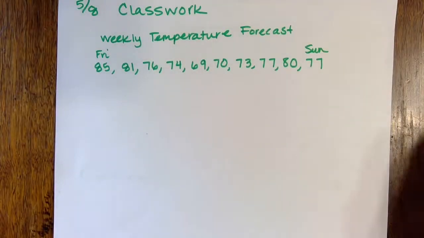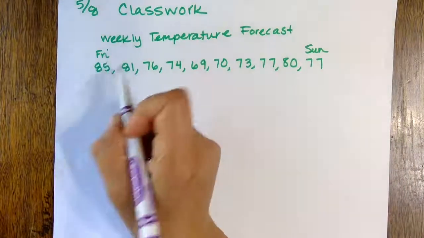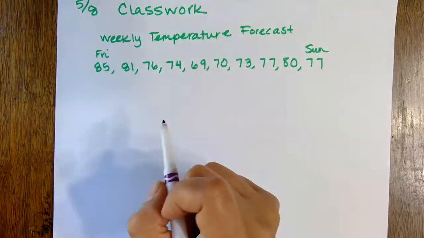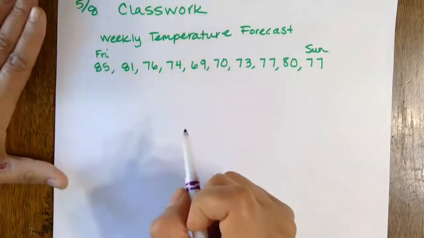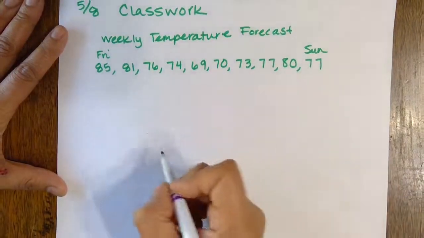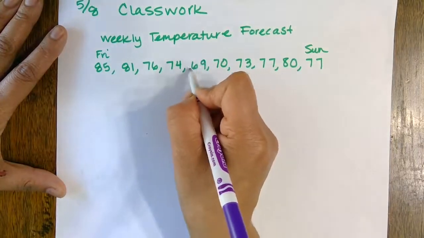Take a minute, copy all those numbers down, or just skip to this next part. We're going to do mean, median, mode, and a quick whisker plot. The first thing I have to do is put the numbers in order from least to greatest. So from least to greatest, hopefully you don't mess up, it is